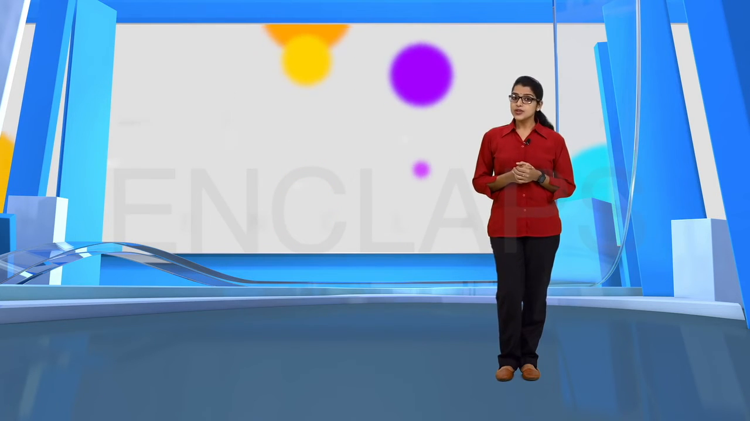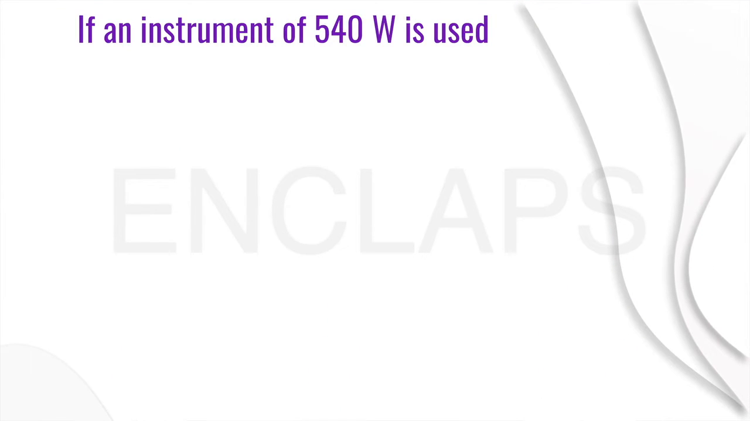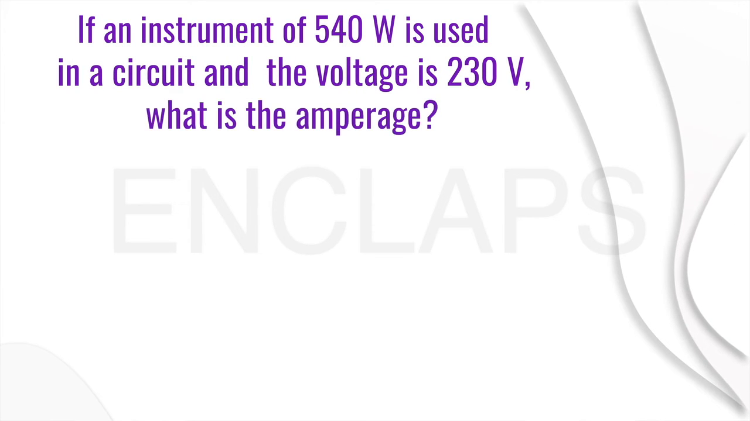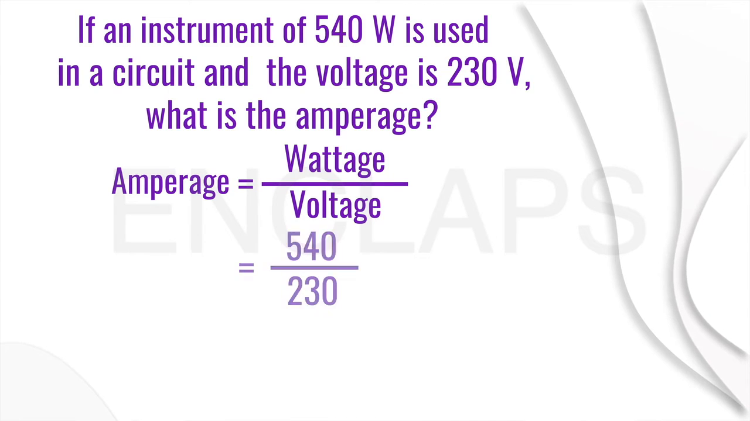Let us now move on to the questions related to this session. If an instrument of 540 watt is used in a circuit and the voltage is 230 volt, what would be the amperage? In order to find the amperage, we know the equation amperage is equal to wattage divided by voltage. By substituting the values in the given equation, we get amperage is equal to 540 divided by 230 equals 2.35